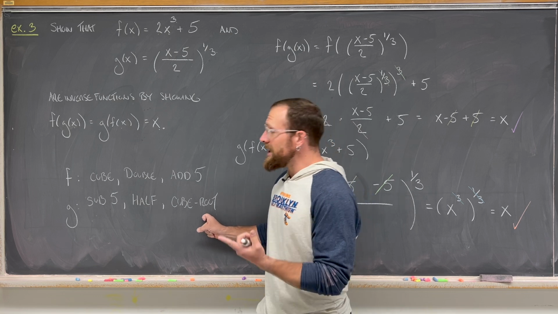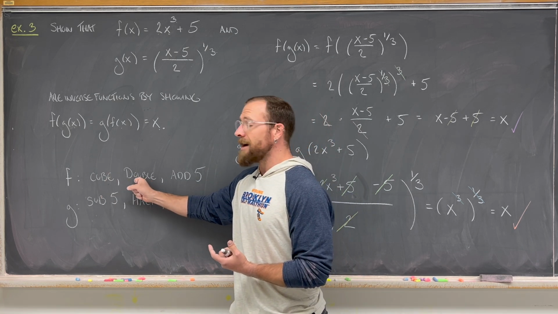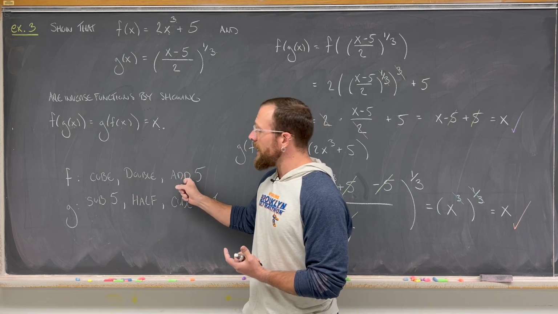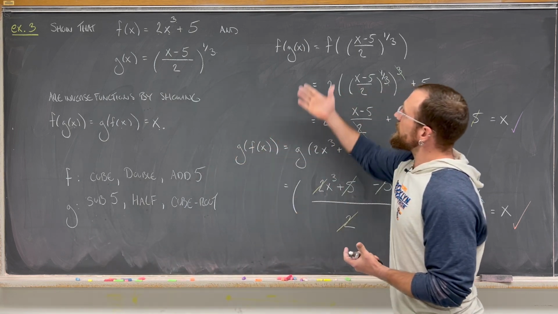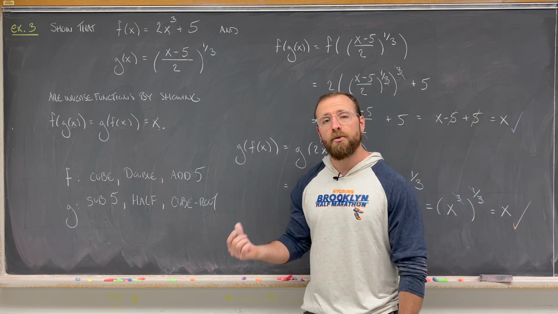The first thing f does is cube it, canceling the cube root. The second thing it does is double it, canceling the half. And the last thing f does is add 5, which cancels the subtraction of 5. So it's not surprising that these functions undo each other, and that when you compose them, you get back exactly